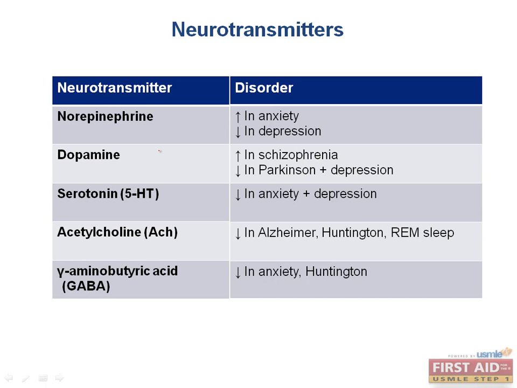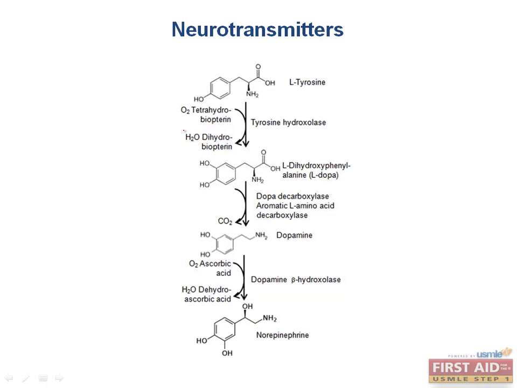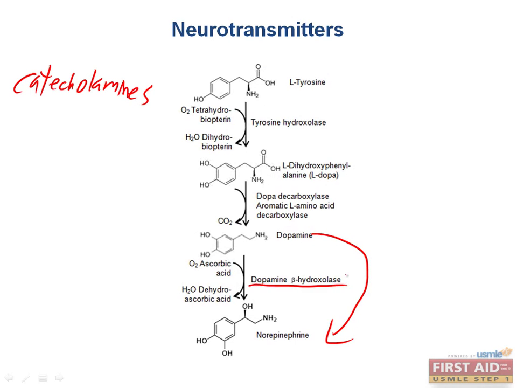Now, one way you might be tested about neurotransmitters is through biochemistry. For example, how are dopamine and norepinephrine related to each other? Dopamine and norepinephrine are both catecholamines. Dopamine is used as the substrate for the generation of norepinephrine. The enzyme responsible for this is dopamine beta hydroxylase. These are the types of details you should know to maximize your chances of success on step 1.